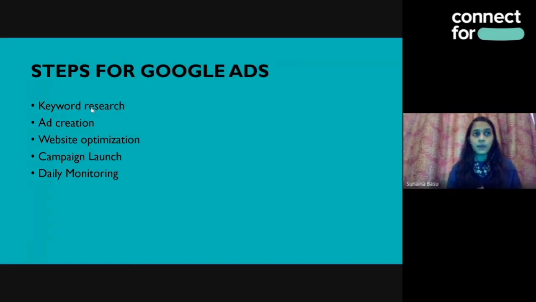And a very, very big part of this is daily monitoring. If Google figures out that you've just set it and let it stagnate, they do take that as a policy violation, and they can shut down your account. Generally as well, it's very important with Google Ads campaigns to constantly monitor. For example, pre-COVID search behavior and post-COVID search behavior we've realized is very different, but you have to monitor that daily, weekly, monthly to arrive at these trends and findings.